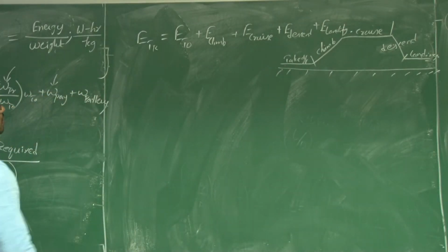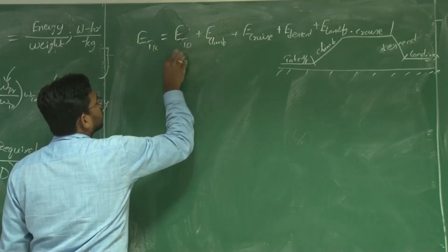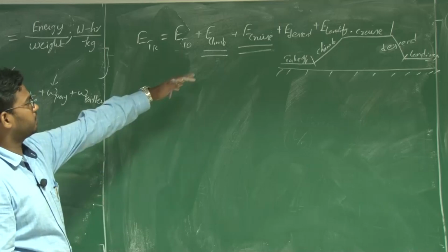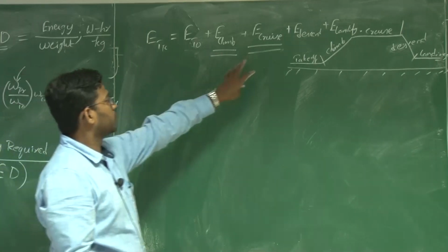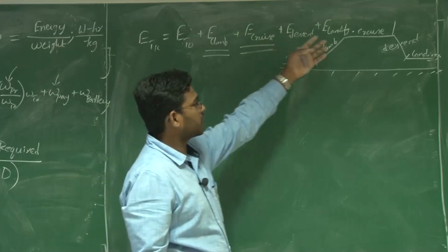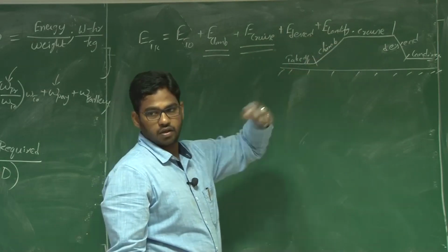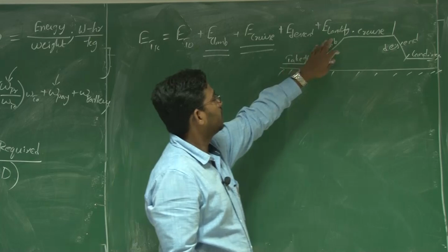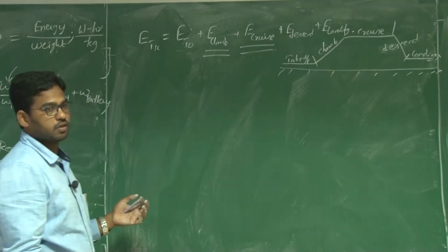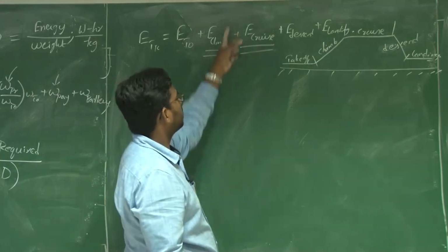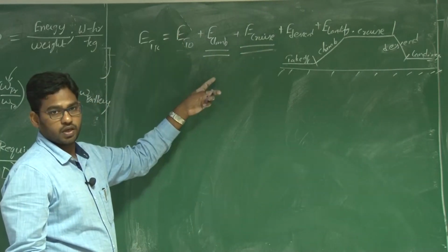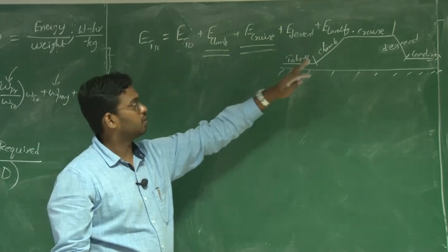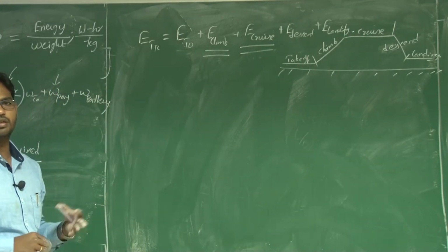So if you see here, for most UAVs the major part of energy is consumed during cruise, and to some extent, a very small extent, during climb. Descent is most likely a glide in the case of UAVs, unlike commercial aircraft, and landing, of course, hardly requires energy. So if I estimate the cruise energy and also the climb energy required, then I will take some factor of safety to account for descent, landing and takeoff. So this is my initial estimate, right?